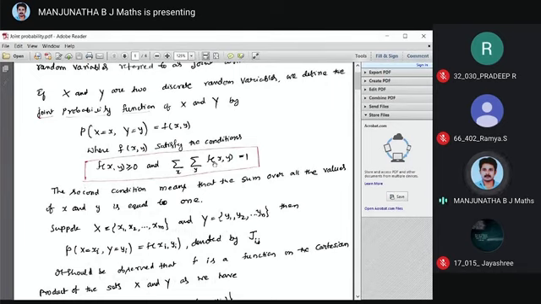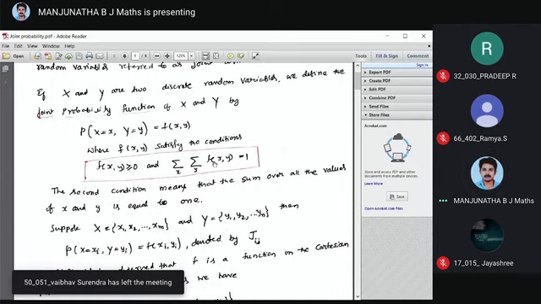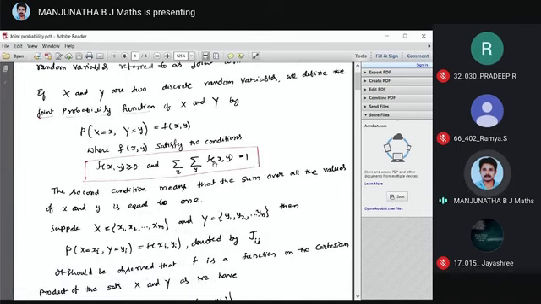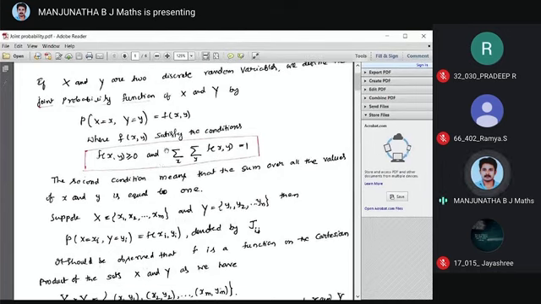Whereas with a discrete variable, if you have only one random variable, when do we say that it is a PDF, probability density function? If p of x is greater than or equal to 0 and summation of p of x equal to 1. A similar definition here, but we discuss two random variables, X and Y. Therefore f of x comma y is greater than or equal to 0 and summation of x, summation of y equals 1, then we say that that is a PDF.